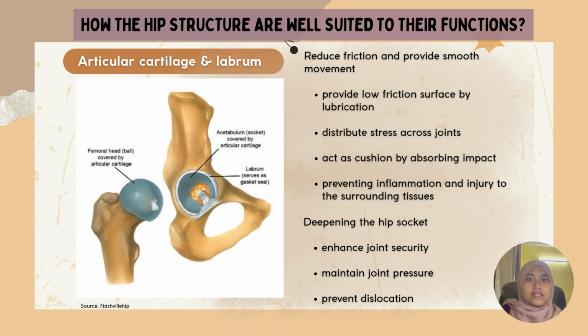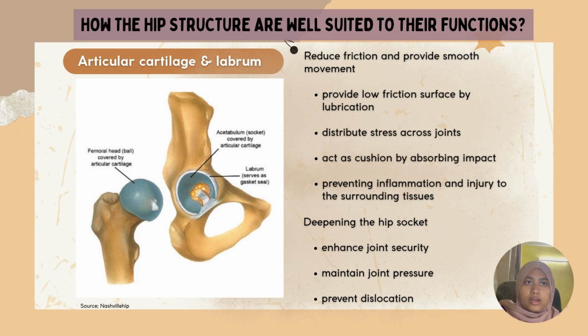The articular cartilage lining the femoral head and acetabulum plays a crucial role in reducing friction, allowing the bones to glide effortlessly against one another. This smooth surface ensures fluid motion, preventing mechanical wear and tear over time. Additionally, synovial fluid enhances mobility by maintaining a low-friction environment, ensuring seamless articulation and preventing excessive rubbing between joint